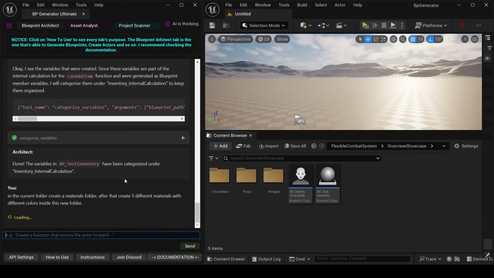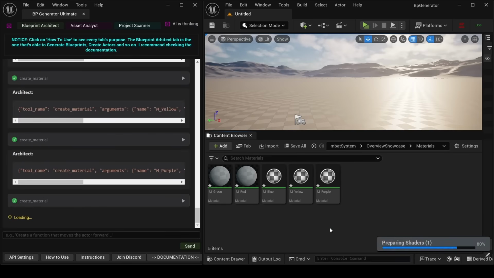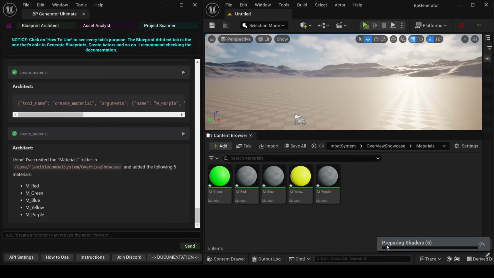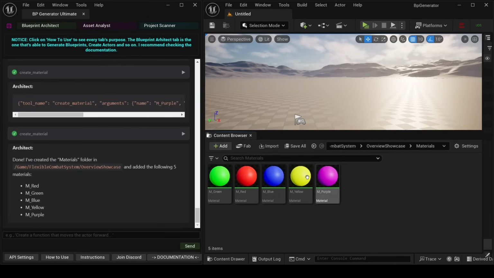Simple material creation is also possible. Here I asked the AI to just create 5 different materials. The materials are instantly generated. I plan on integrating image generation tools in a future update, allowing us to create textures with AI and build even more complex materials right here in the editor. Tools like Nano Banana Pro from Google, or